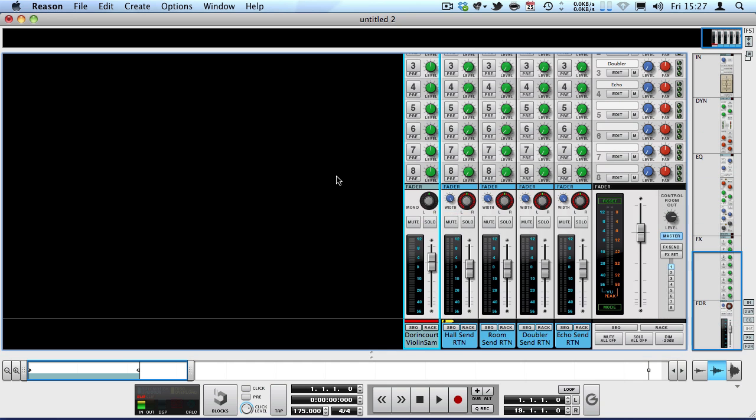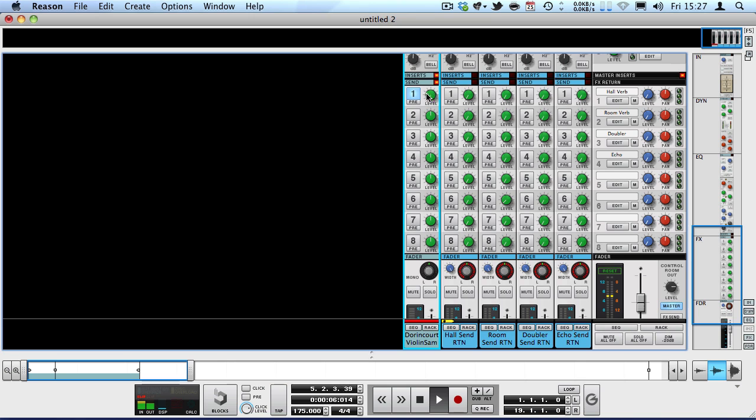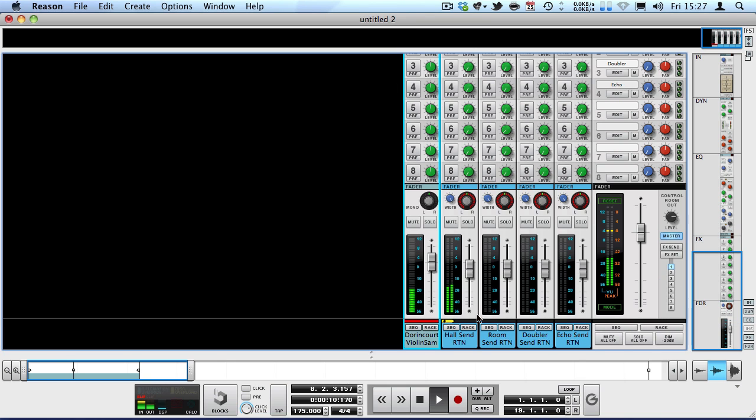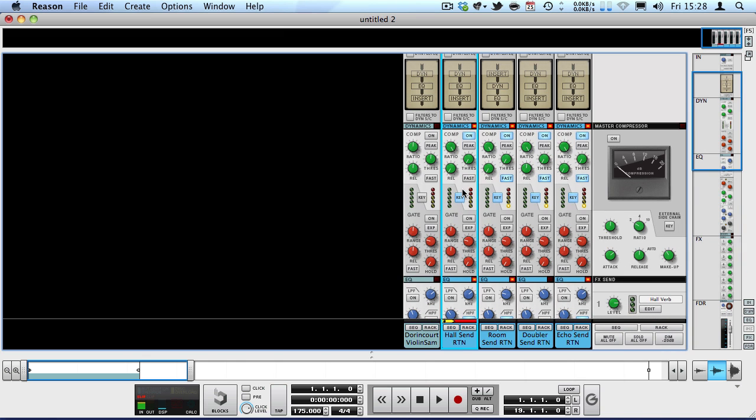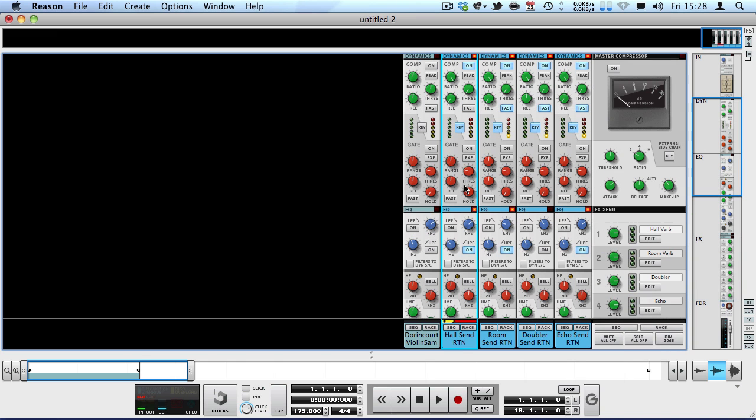Okay, so if I play this back, we've got the mono signal here, and this is the violin. And now if I turn up the send level, you can see the signal actually being returned through this mixer channel, which is quite practical, quite convenient, because it allows us to treat the wet signal using this